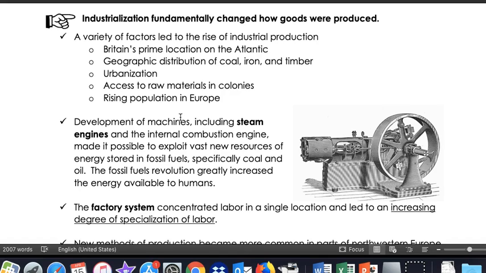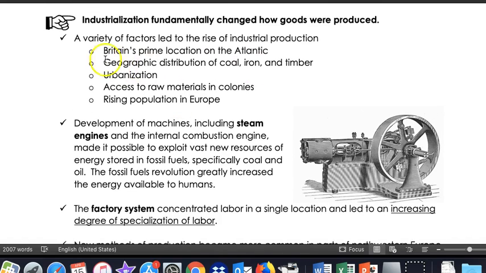So the steam engine is kind of a misconception. A lot of people think of it just as like the engine on the train, if you will, but that in fact is going to fuel many types of machines within factories themselves. And so the steam engine is a leading contributor to the Industrial Revolution. Also, the development of new types of energy and fuel and the use of coal and fossil fuels to fuel these steam engines.